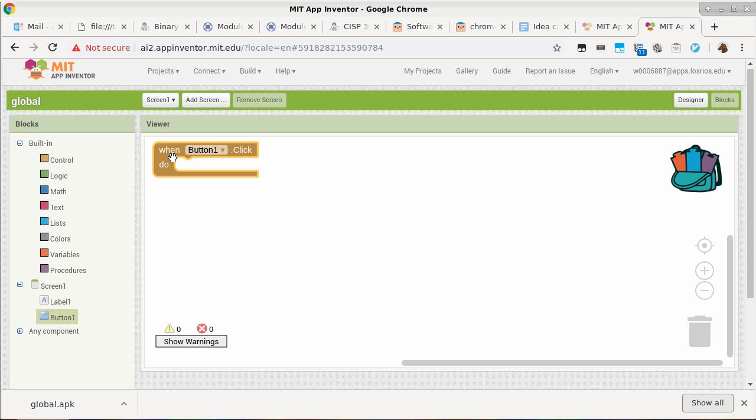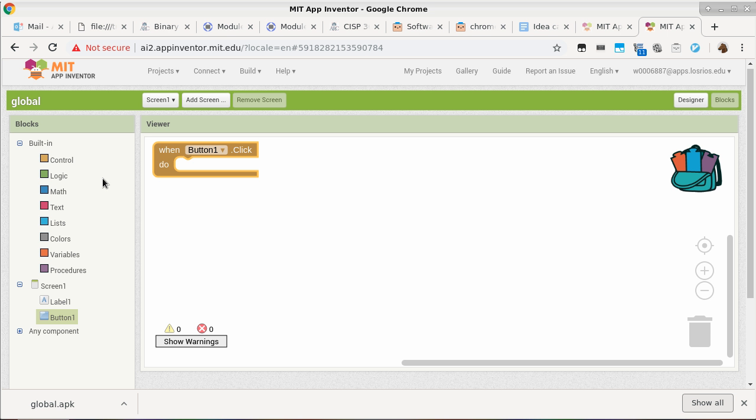Okay. So this is object-oriented programming, which basically means, whenever you want to do something, you first think about who is doing that, what object is doing it. In this case, we are trying to do something when button one is clicked. So the object-oriented programming concept says, go find button one, and then specify something related to button one. Now I want to switch to screen two. That's basically what it says, right? What do you think I should do if I want to switch to screen two?